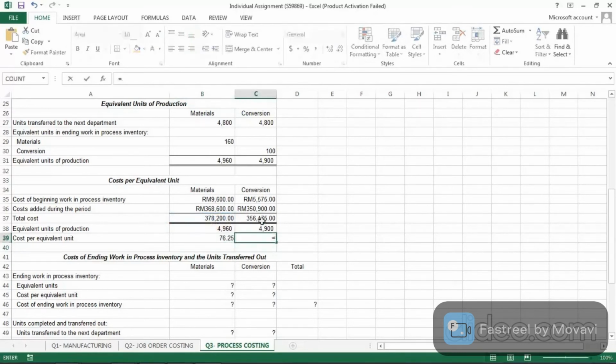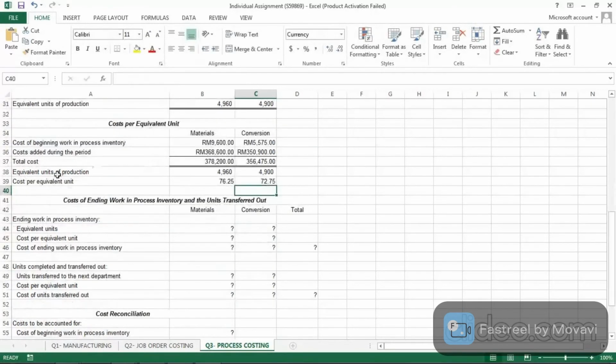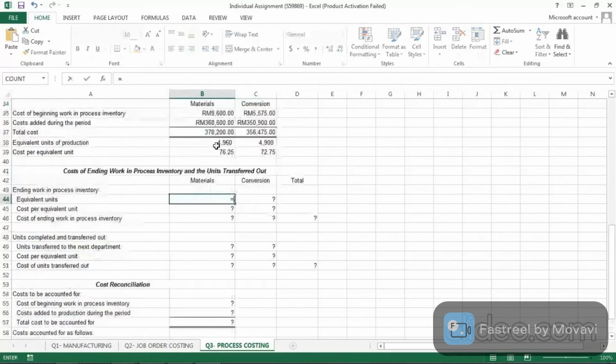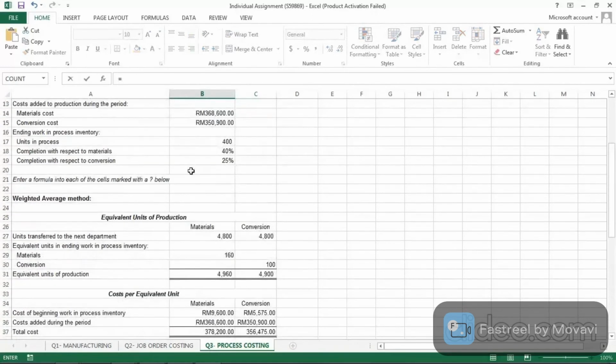And then for the conversion, so cost per equivalent units for materials is 76.25, and for conversion is 72.75. Cost of ending work in process inventory and the units transferred out. For ending work in process inventory, equivalent units is